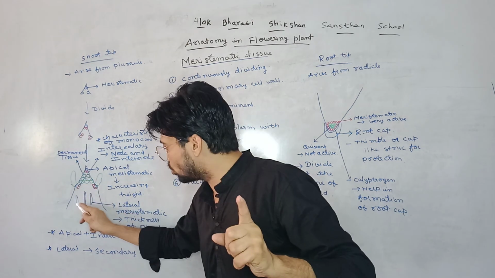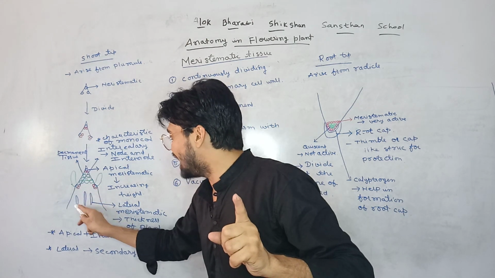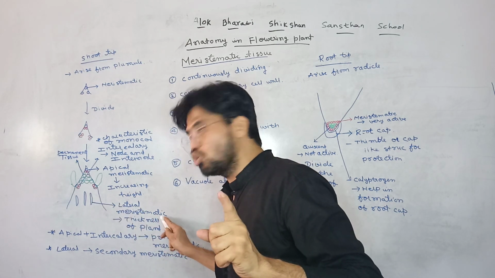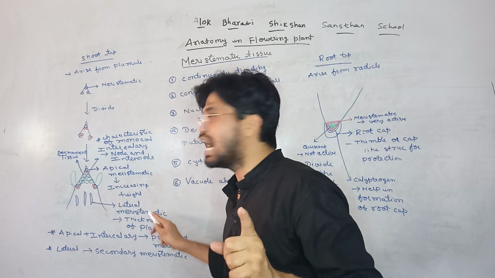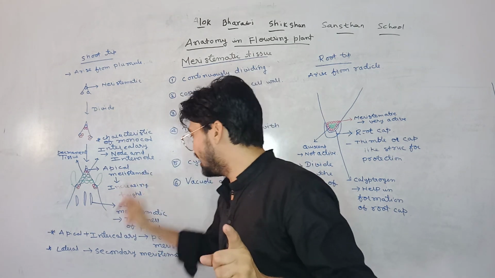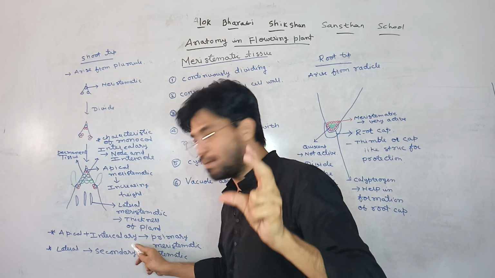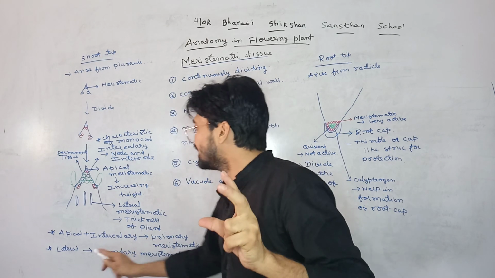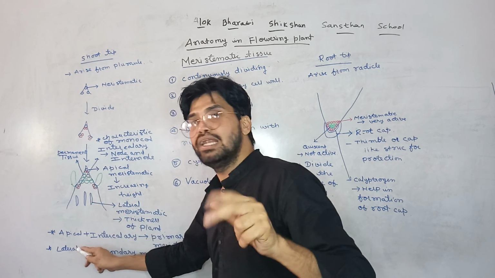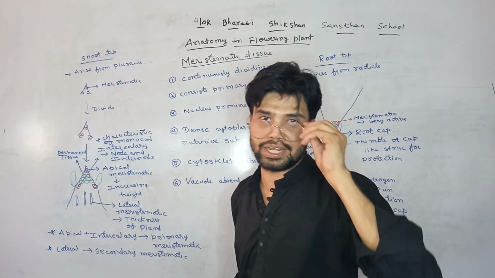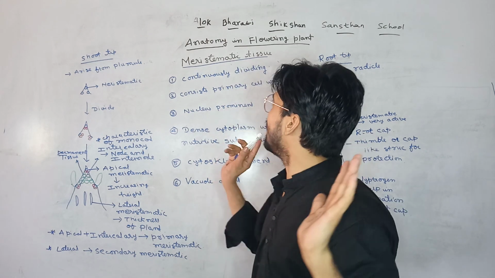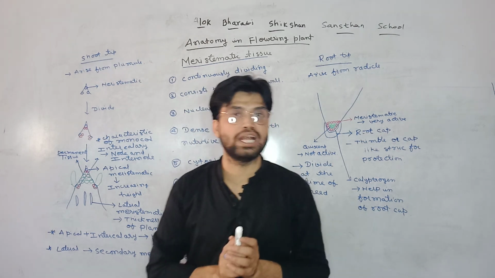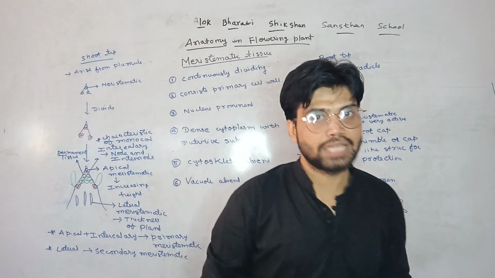After that, some tissue moves to the lateral side, and this is known as the lateral meristematic tissue, and it will help in increasing the thickness of the plant. Apical and intercalary form at the primitive stage, so it is known as primary meristematic tissue. But the lateral will form at the later phase, so it is known as secondary meristematic tissue. This is all about this dividing tissue. I hope my dear student you understand the concept. Take care. Bye bye.